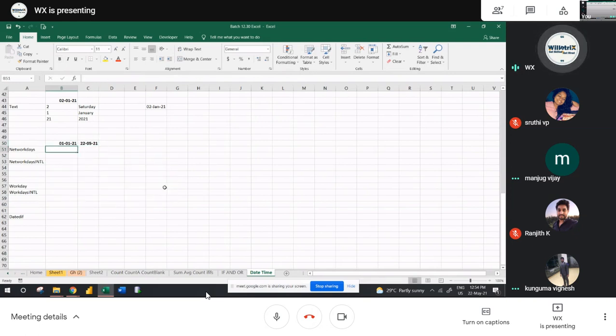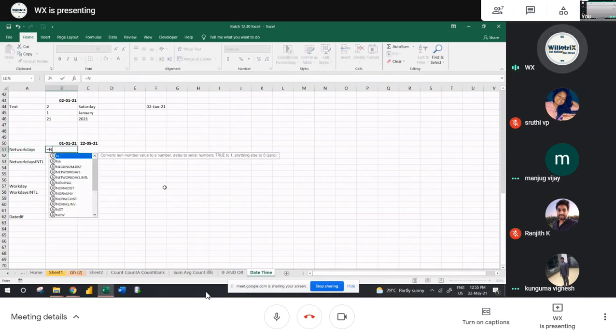So all are working in an MNC or some domestic companies. First we can calculate based on an MNC, where the holidays are Saturday and Sunday both, correct? Working days from Monday to Friday. So calculating only Monday to Friday from 2021 till today, I just want to find out how many working days I completed.